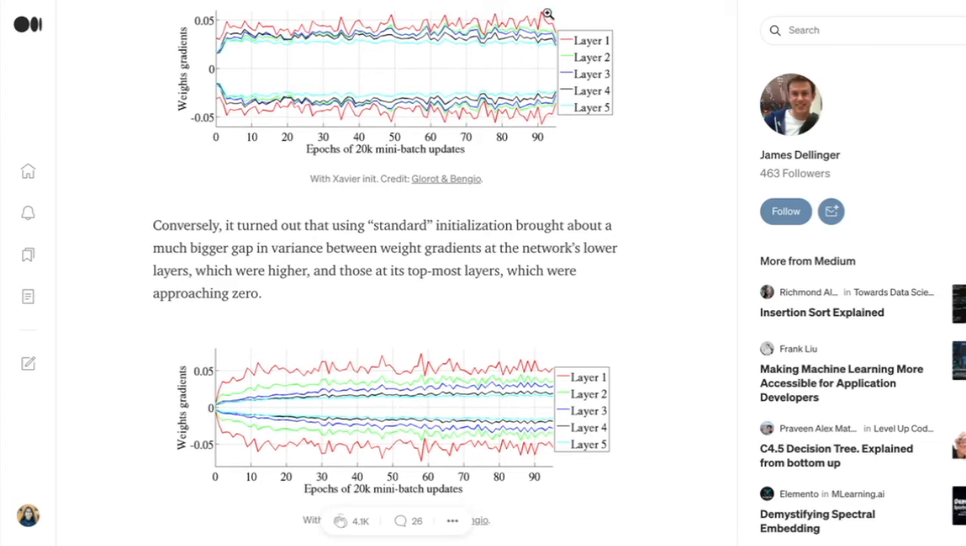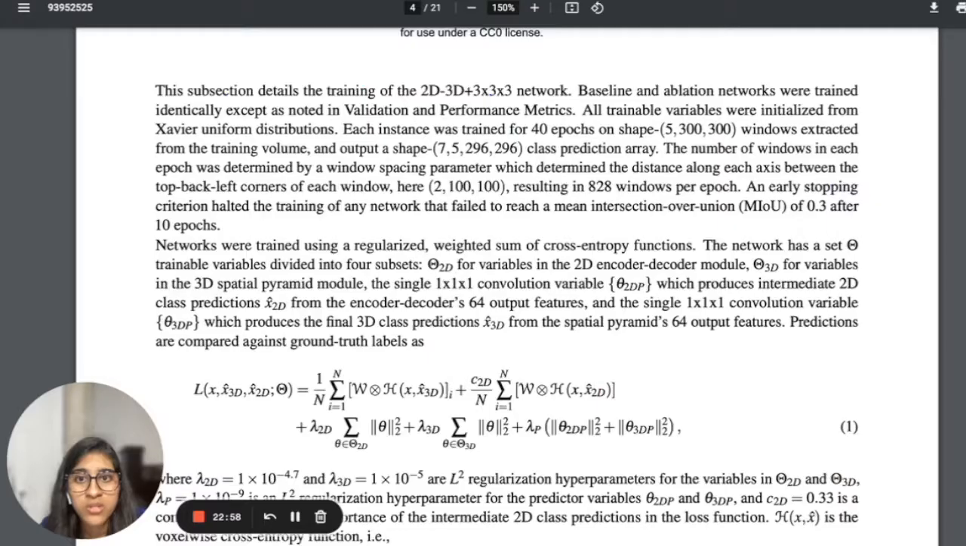So after that, they also used a cross entropy loss function. And this is talked about over here, except this is a bit more complicated. So again, they used a regularized weighted sum of cross entropy functions. And so the trainable variables were split up into four subsets. There's one for the 2D encoder decoder module. There's one for the variables in the 3D spatial pyramid module. There's one for the single 1 by 1 by 1 convolutional variable. And then there's also